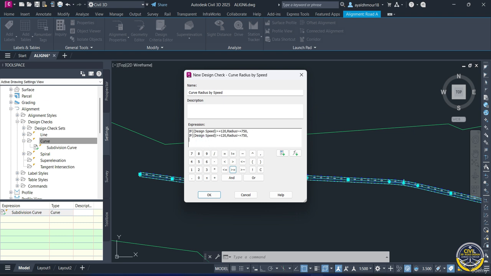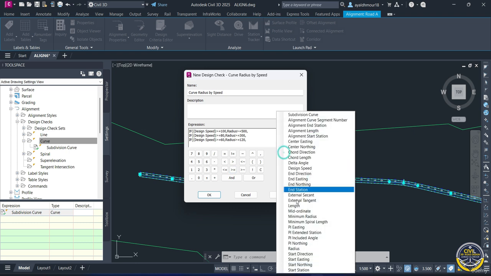then repeat this statement and copy another one and change the speed to 100 and 500 meter, and speed here to 80 and radius 300, finally 60 and radius 120 meter, then enter, then radius